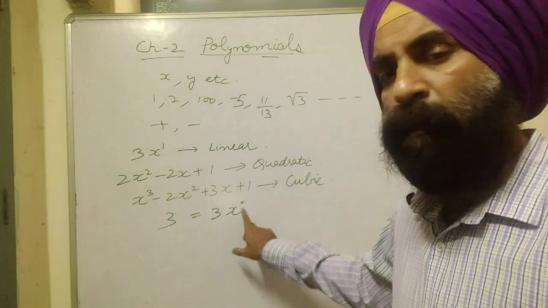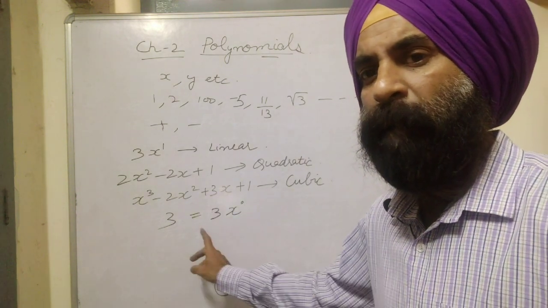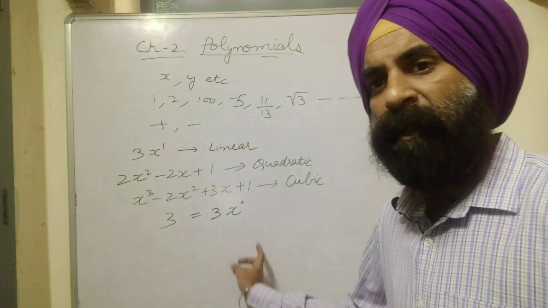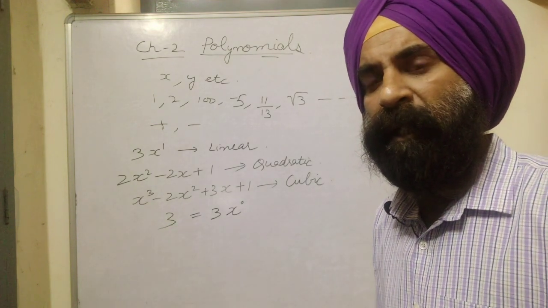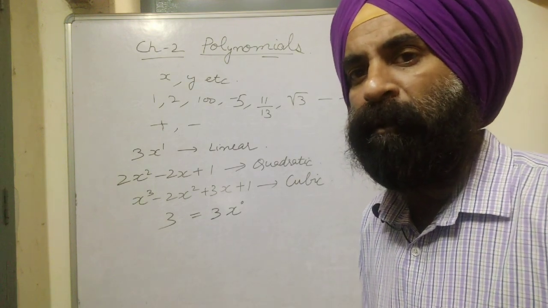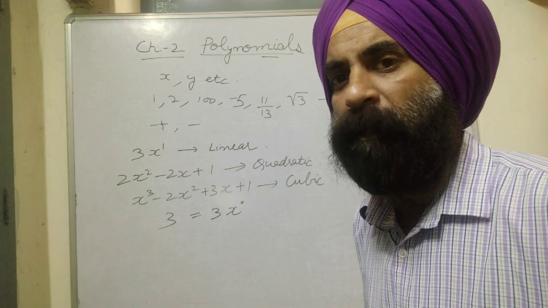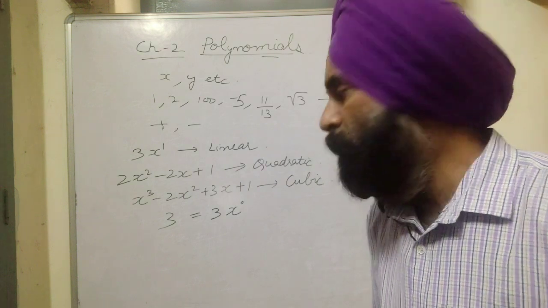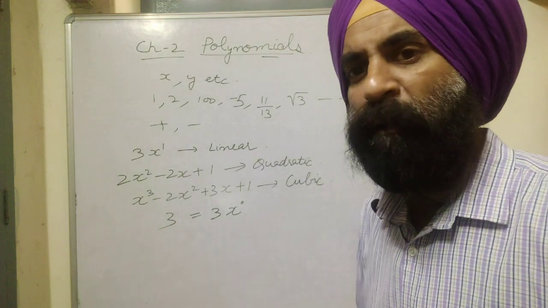So x raised to power 0 is 1, and 1 multiplied by 3 gives 3. So 3x raised to power 0 is classified as a type of polynomial also. It is called a constant polynomial. Constant polynomials are the polynomials which have constant values,